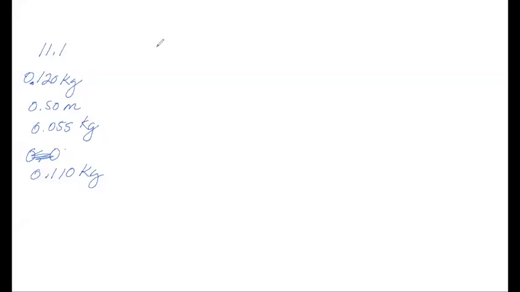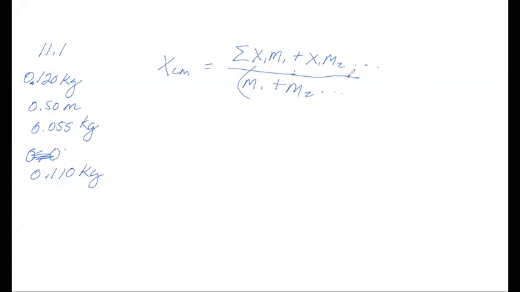All right, the formula for the X center of mass is equal to the summation of X1 M1 divided by M1 plus X2 M2, divided by M1 plus M2. So we're going to go ahead and treat these as point masses, and we'll use the left end of the bar